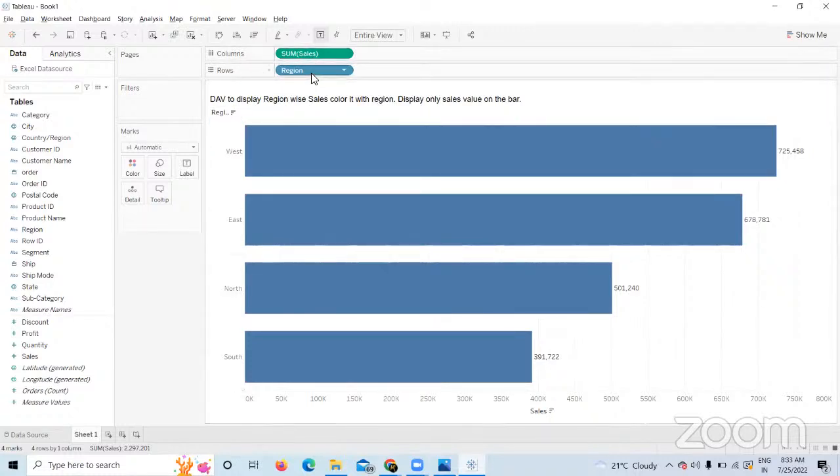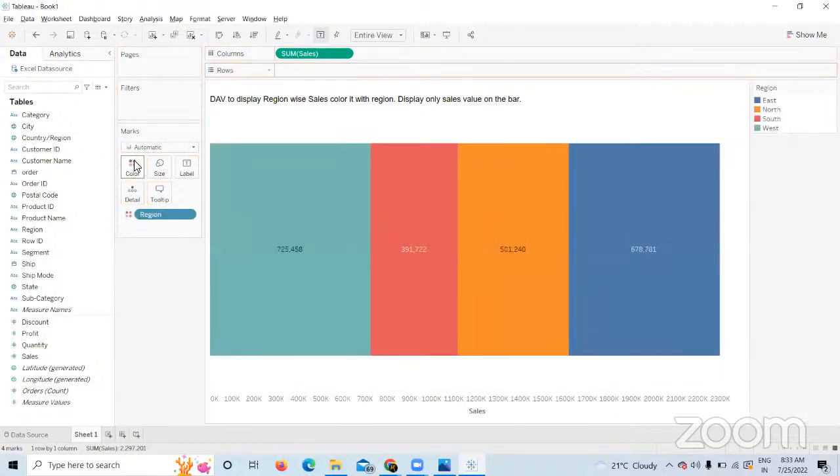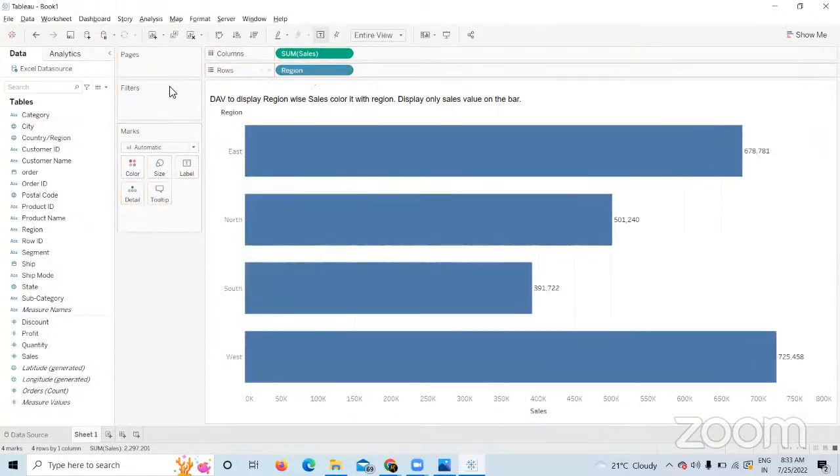Then I already used this region, right? Then can I use this region to color? No. That also you can use, but the view will be different. So what is this view? Again, you will get confused. That is why this is called stacked bar. You will understand tomorrow. As of now, again to use the field in the view, the same region,